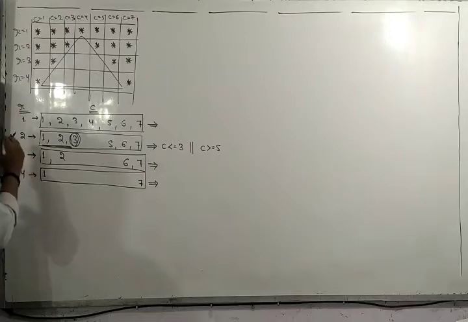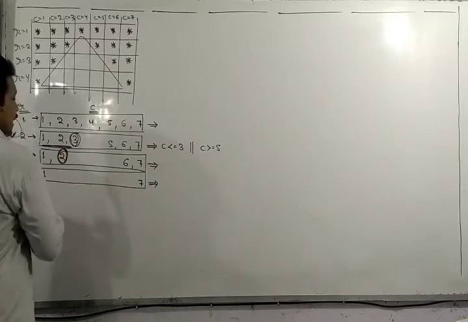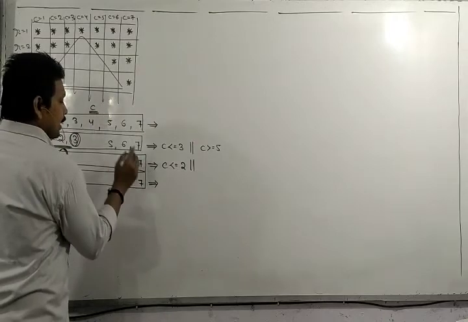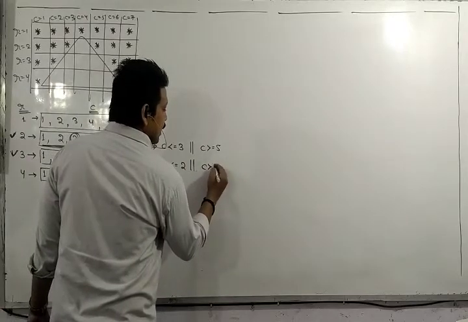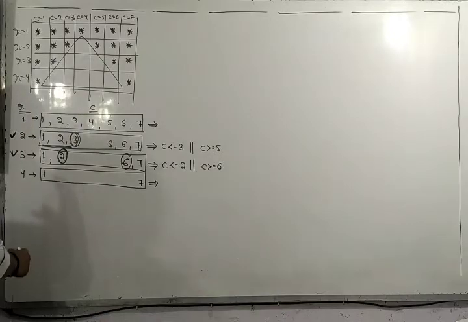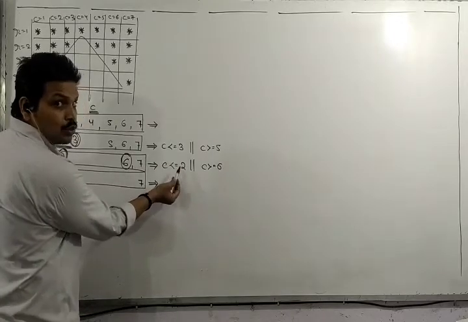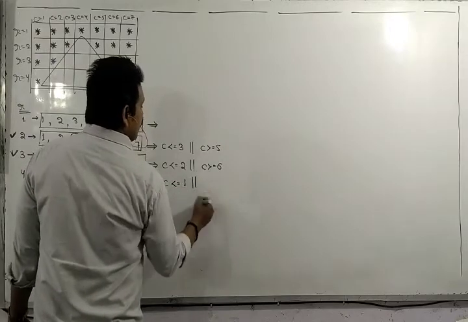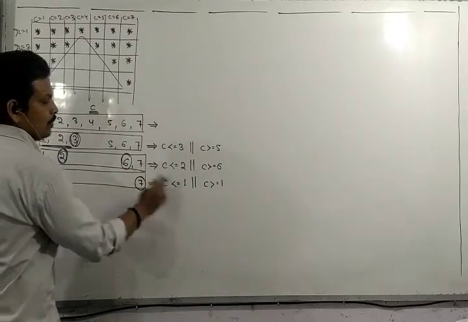Now let us focus on 3. Okay, when r is equal to 3, so C less than equal to 2, logical or C greater than equal to 6, 6 या 6 से ज्यादा, तो क्या लिखेंगे? Greater than or equal to 6, 6 या 6 से ज्यादा. Okay, now you tell me what should I write here? Apply our common sense now. After 3 it is becoming 2, so after 2 it should become 1. Okay, so I will write C less than equal to 1, logical or C greater than equal to 1? No. Greater than equal to 7.